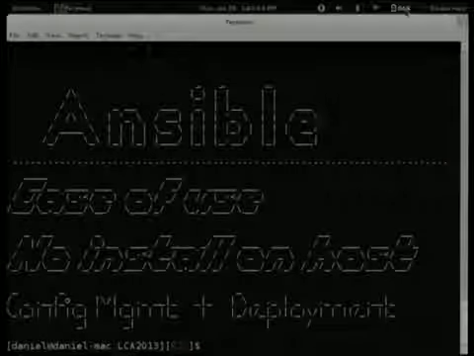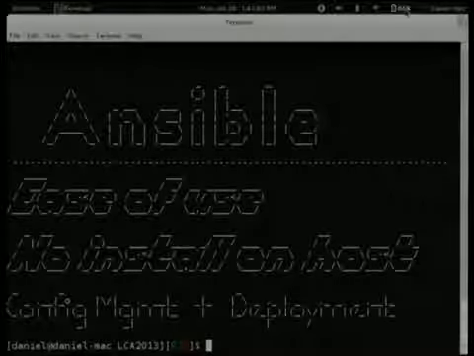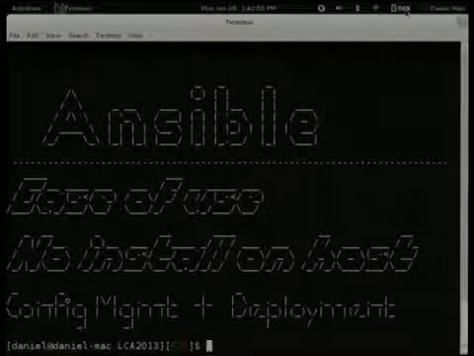Alright, Ansible. Ansible's designed to kind of replace Puppet, Chef, Capistrano, those sort of tools, and to make them a lot easier to use. So Ansible's config management is basically a simple YAML